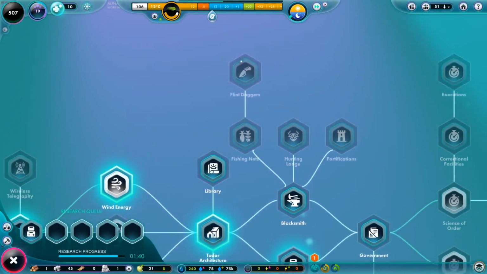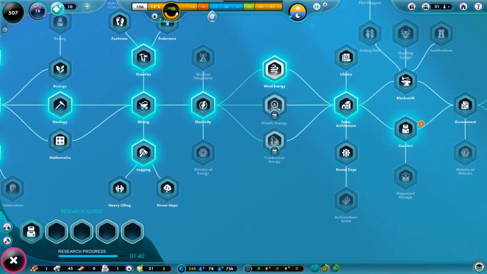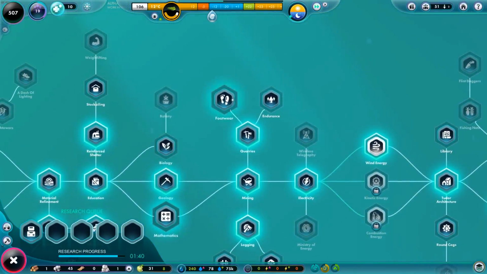So we'll open up government and then we'll finish off these last bits here. Hunting lodges and a hunter's upgrade. So all of these, we'll go for the upgrades and try and turn everything into Tudor and see how we get on with it. But actually, yeah, a lot of it now is...